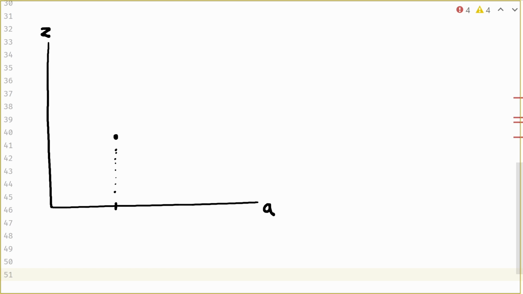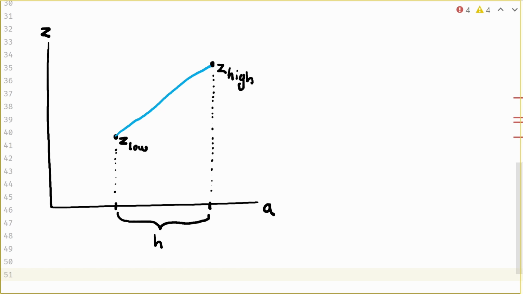What we'll do is nudging a. Let us add a small distance to a. We will call it h, and let us just say that the output of this nudged a becomes a bit higher. What we then need to do is to find this slope,